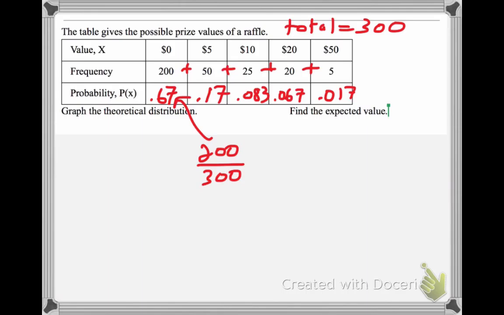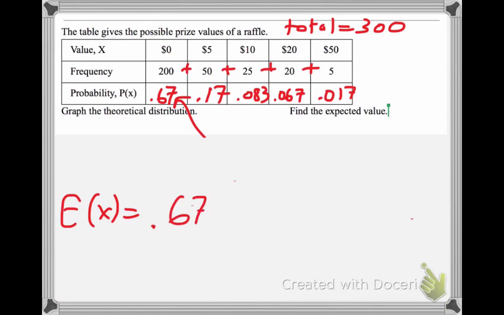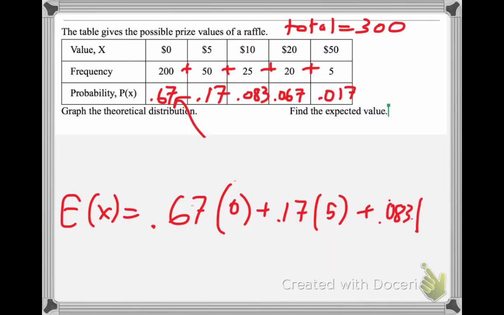Okay, so you do that over and over again, and then once you've set up your table, you're going to find the expected value. So the expected value is equal to 0.67 times 0 plus 0.17 times 5 plus 0.083 times 10